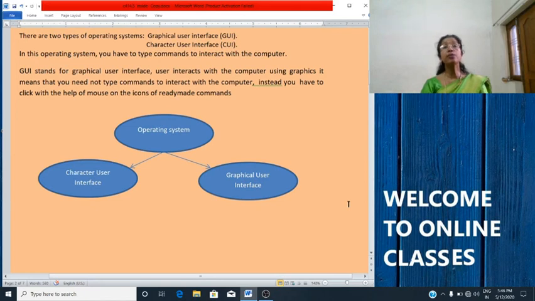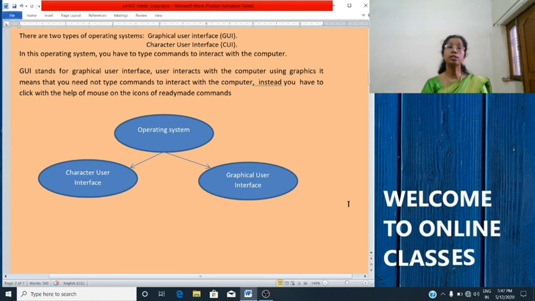It is a user-friendly interface and requires no expertise. That means, without even knowing anything about computers, you can operate it, you can use it. Examples of graphical user interface are Windows and Mac operating system. In this, instructions are given to the computer using a keyboard and a mouse.